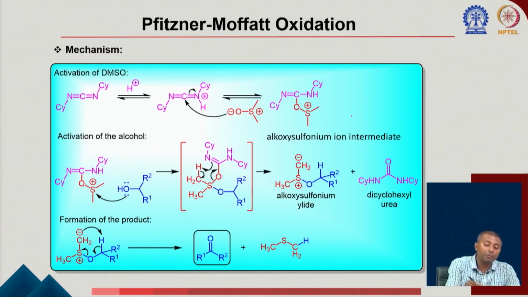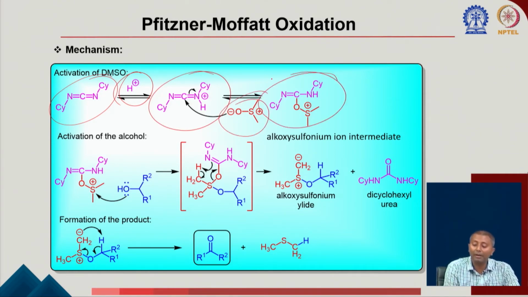First, one of the important things is why you need the acid. You have to activate the DCC here. So DCC, you can see these carbon nitrogen bonds are there, these imine bonds are getting protonated. Now this carbon is getting attacked by this DMSO oxygen. Once you are forming this alkoxysulfonium ion intermediate, now this sulfur is getting hit by the corresponding alcohol. The alcohol oxygen is attacking the sulfur, forming this species here. From here what is happening, you can see